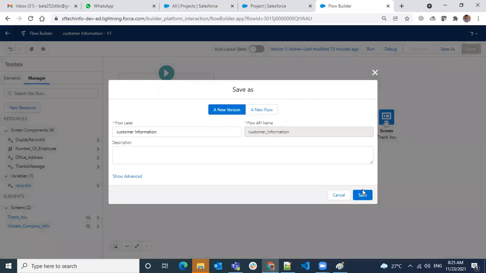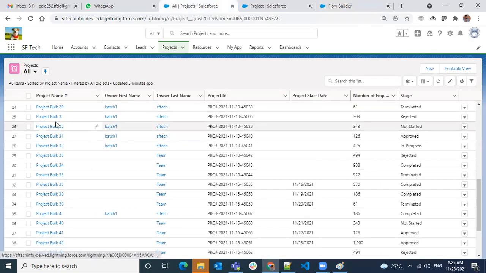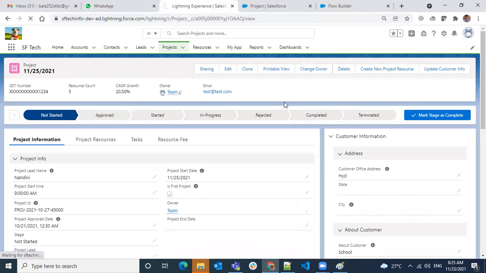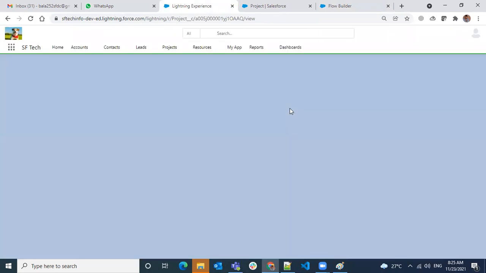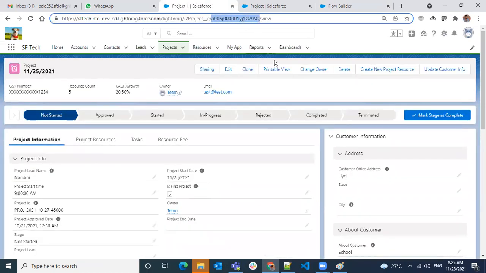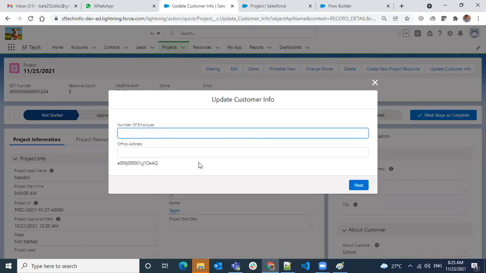So I'm doing save as a new version, and once I save, I have to activate it. So I'm going back to a project. I will open any of these projects. I'm not doing any logic yet. I still want to check whether this record ID, what I'm seeing here in the URL, is the correct record ID or not. I want to confirm that.